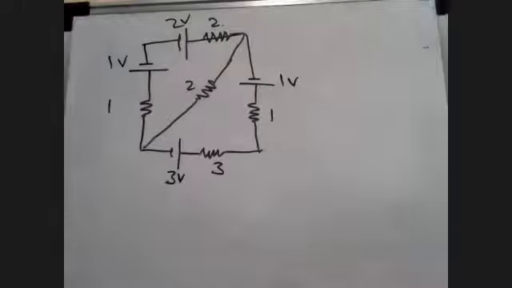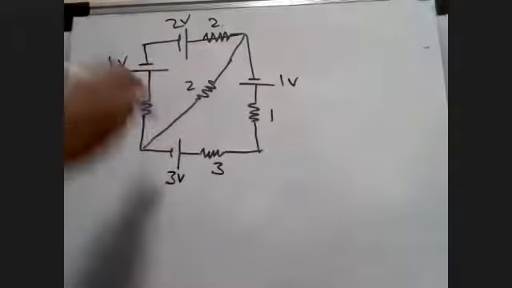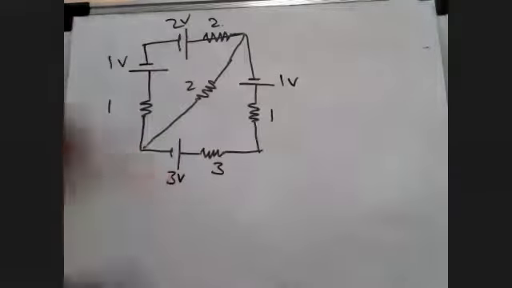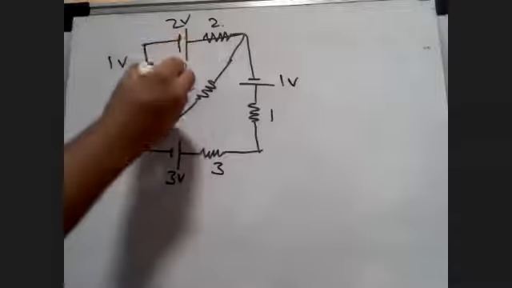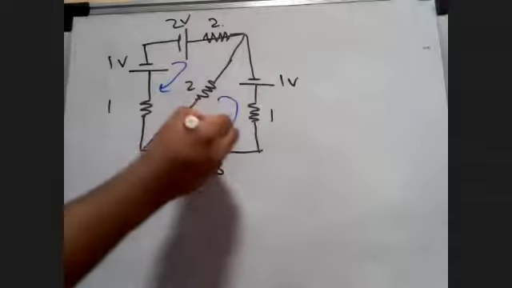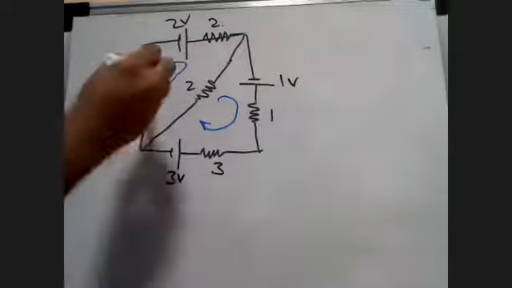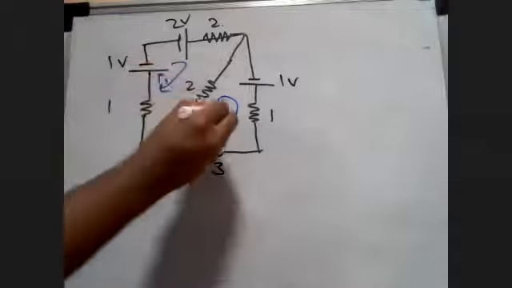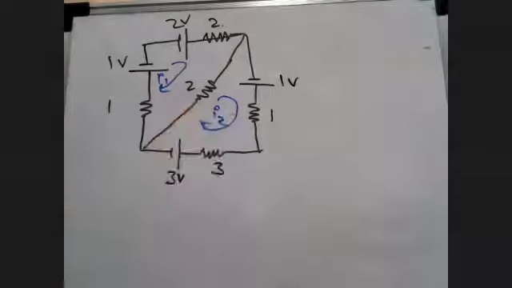Again, tell me what is the first step that I need to know. Make a loop. Yes, make a loop. Don't look at the batteries now, how they are arranged and all. That doesn't matter. Just take a loop. Any loop. Whether you want to take anti-clockwise, clockwise, doesn't matter. I will take it in this direction. 2 loops. The first loop is I1, second loop is I2. That's it. Immediately start doing that equation.